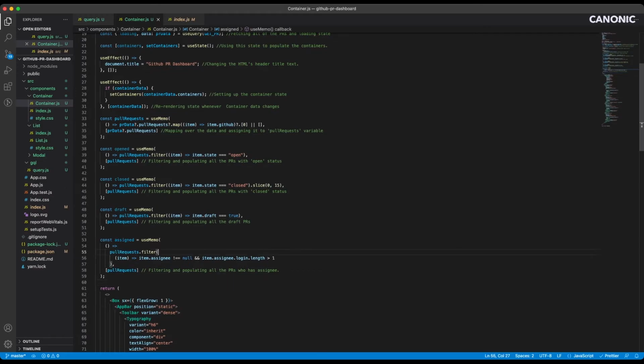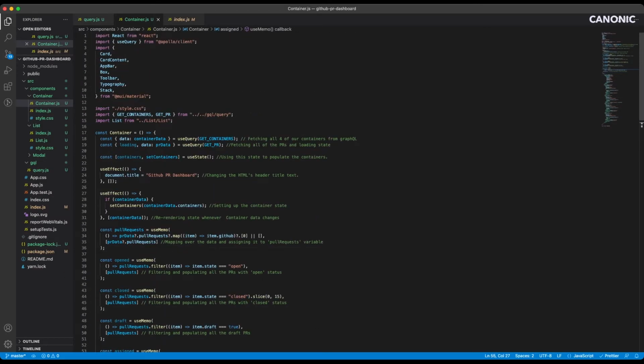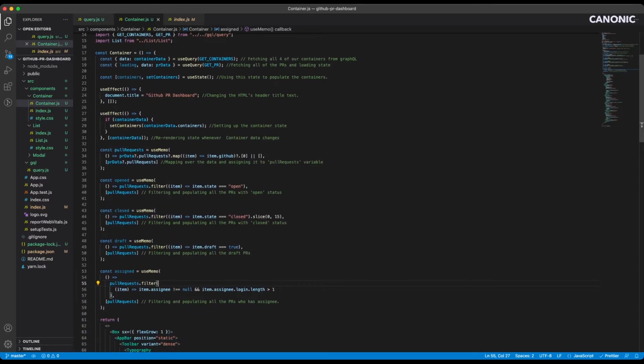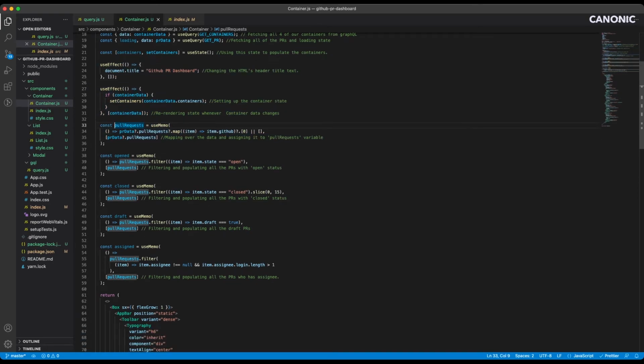Great. So far we have gotten all the data from the backend. We're using the useQuery function from Apollo client, which will make the request to our backend. Once we get all of the data, we're just normalizing it here. Once we have all the data normalized, we'll quickly fetch the different sorts of PRs for which column they belong to.